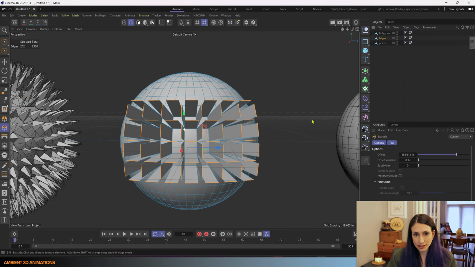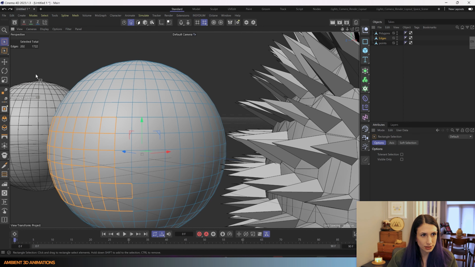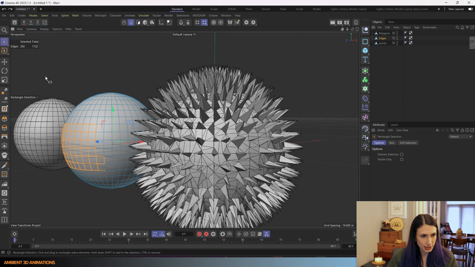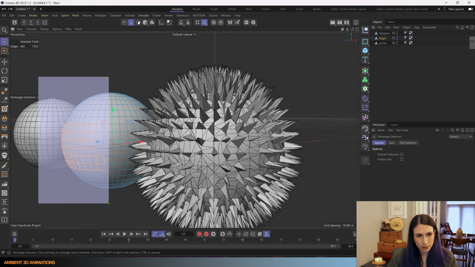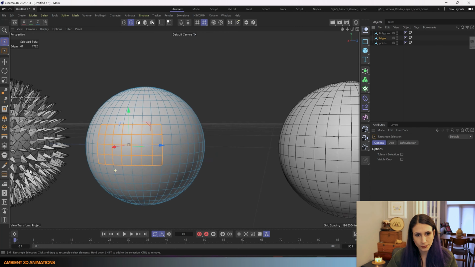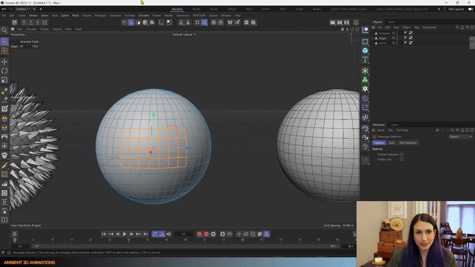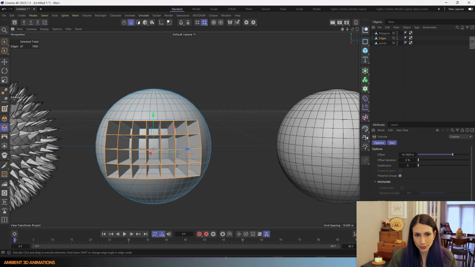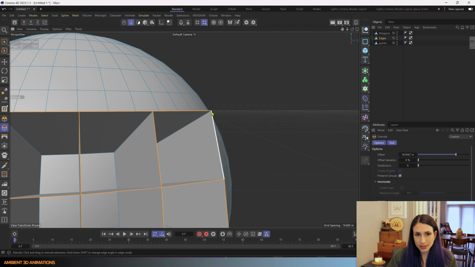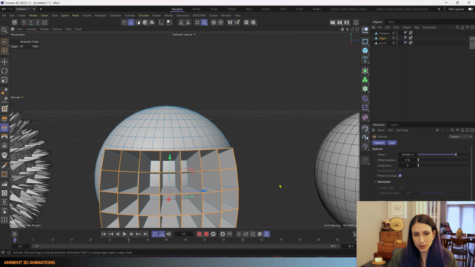I'm going to hit undo. I'd also like to deselect these polygons on the back actually. And you can do that by holding down Control and selecting these. Okay, so now we only have these selected, and I'm going to use MT again to open up the extrude tool. I'm going to turn on preserve groups, and now when we extrude, you can see that these are all connected at those points. So it looks a little bit different.